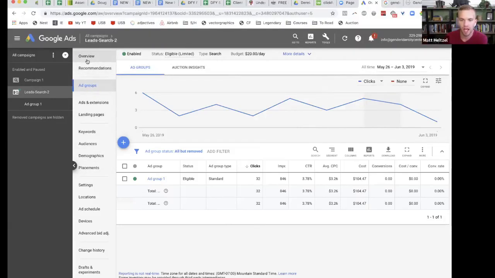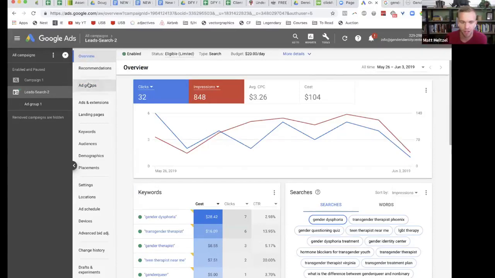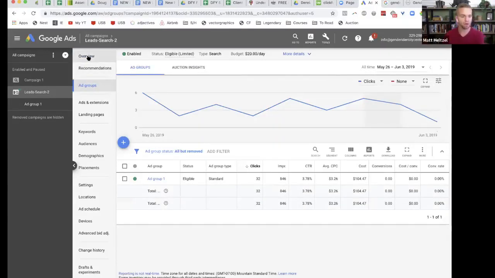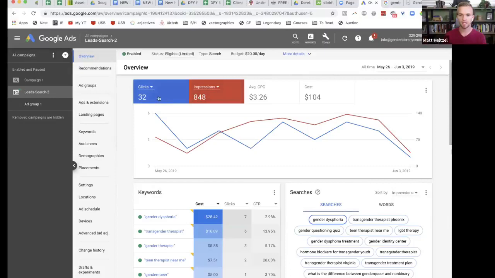So in terms of the actual ads themselves, if I go into ad, impressions is just how many times it showed up, right? Impressions means somebody typed it in and looked, and then maybe they didn't click. So if I had 32 clicks on 848 impressions, that means about 4% of everybody who Google searches something with my keywords and my ad shows up, about 4% of them will actually click the ad. Got it? So about 4% click-through rate.